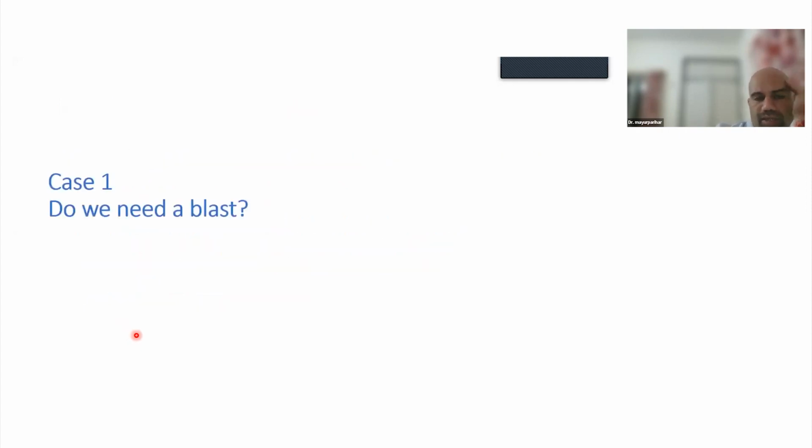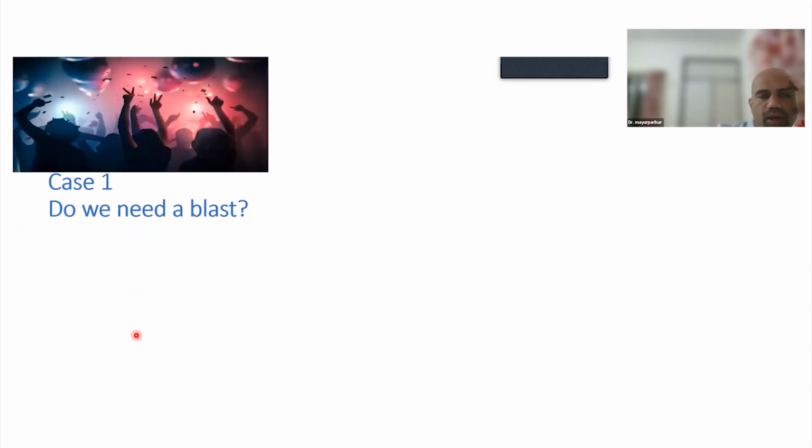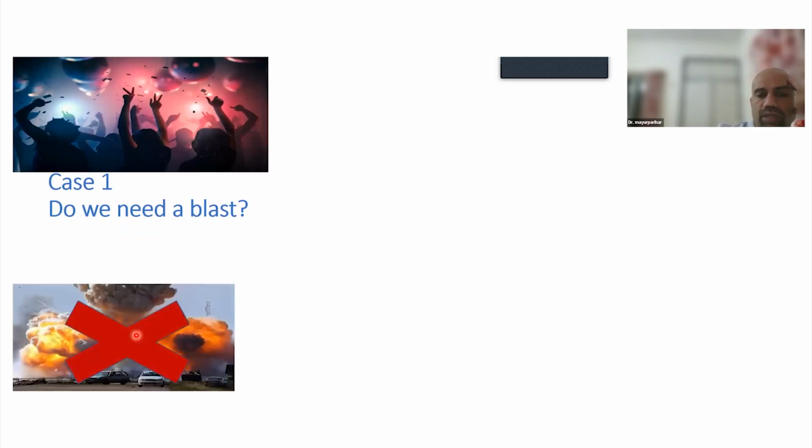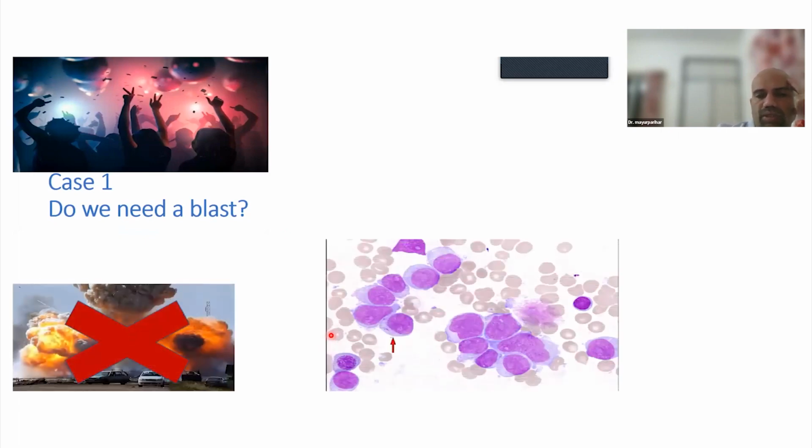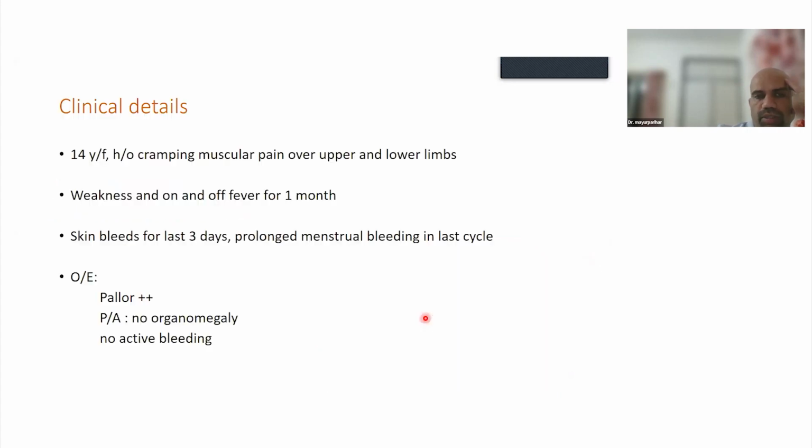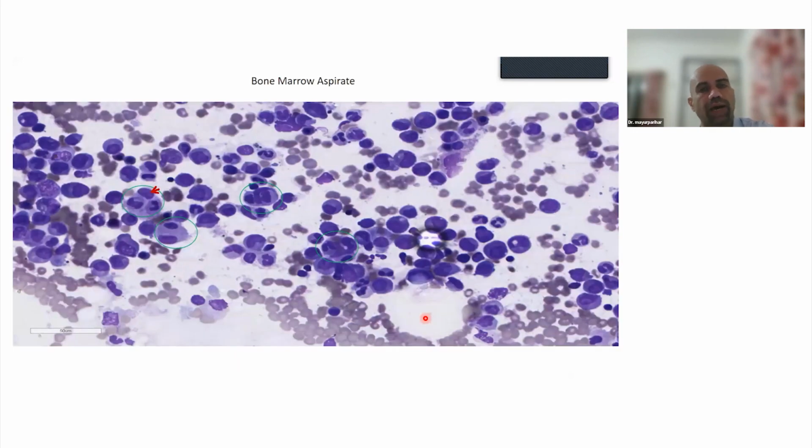Let me show you an interesting case. Now, the question is, do we need a blast to diagnose an AML? Yes, we need this kind of blast, of course. This is the kind of blast we don't need, but these are the blasts we see in our hematology labs on a day-to-day basis. This was a girl, and the history was that the whole family had viral fever and everybody had recovered, but her platelets continued to be low for at least 2 to 3 weeks after the fever episode. So a marrow was done, and what the marrow showed was a lot of hemophagocytosis, as you can see.